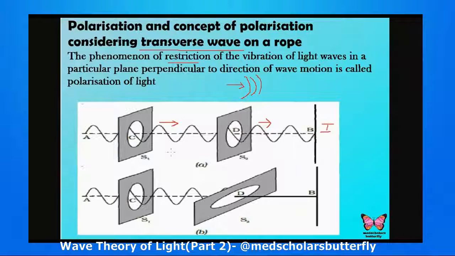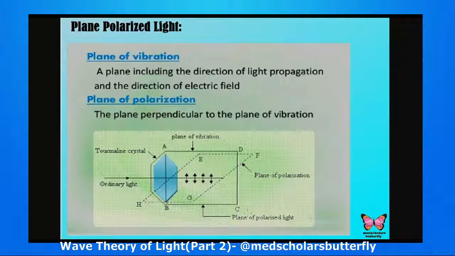There is no problem. But in scene 2, what happens? Now I will change the direction of slit S2 and make it perpendicular to slit S1. What will happen if I jerk again? Slit S1 will successfully pass the transverse wave, but slit S2 won't allow the transverse wave to pass through it. So the wave was restricted based on the direction of the slits, correct? That is what we can make out from plane polarized light.